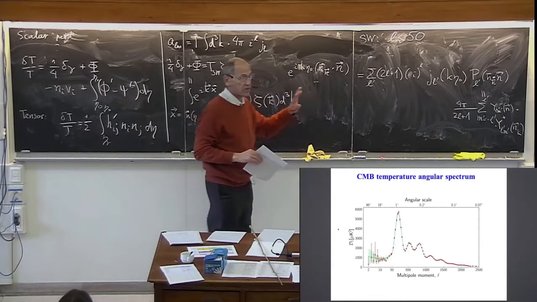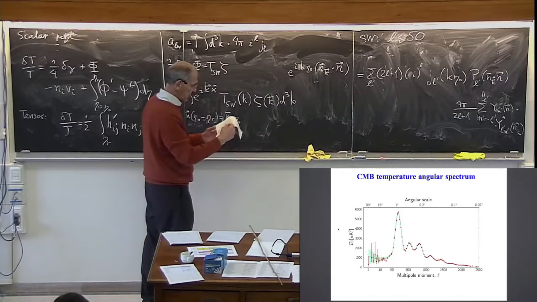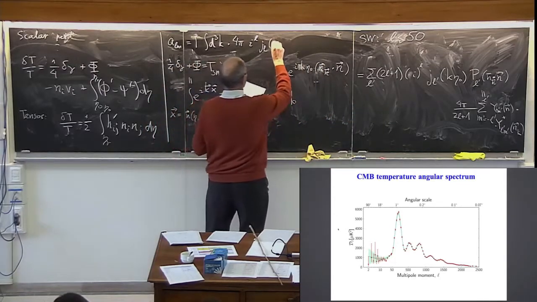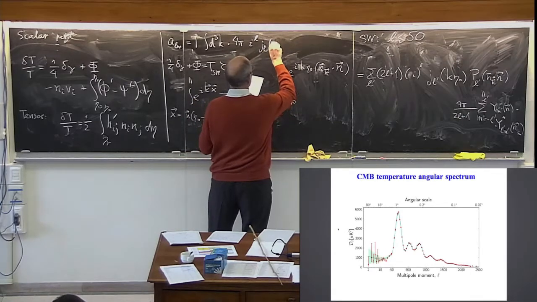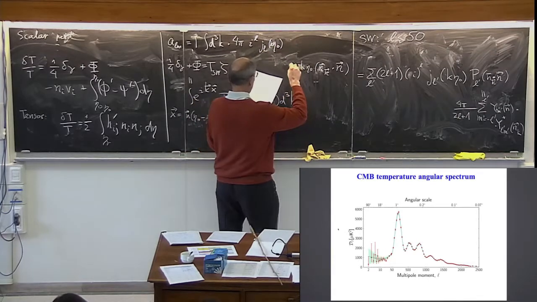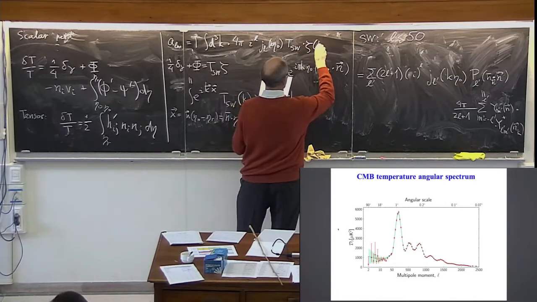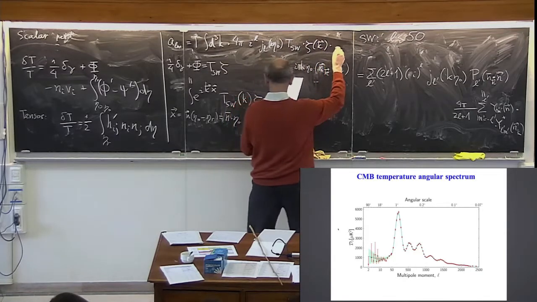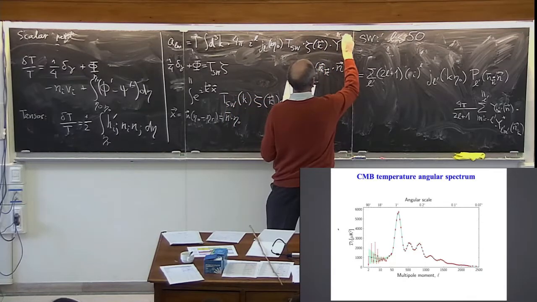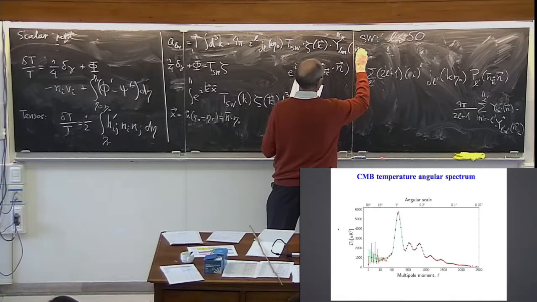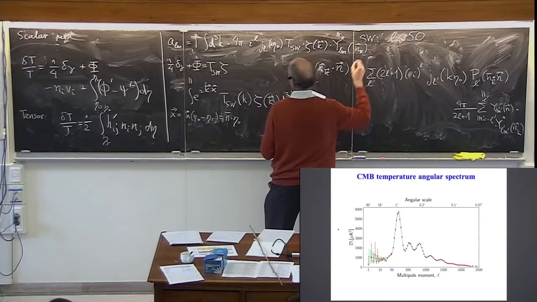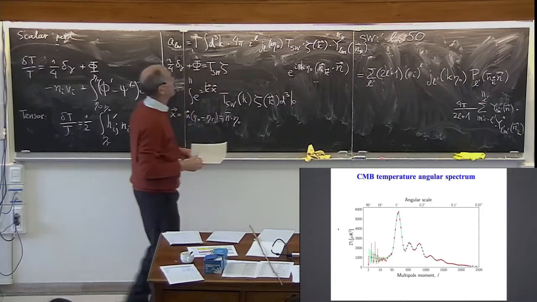This is the spherical Bessel function, whose properties I will tell you immediately, of k eta naught times this perturbation T_SW times zeta of k, and you have the remaining spherical harmonic Y_LM of n_k. So there remains only the integral over momenta,